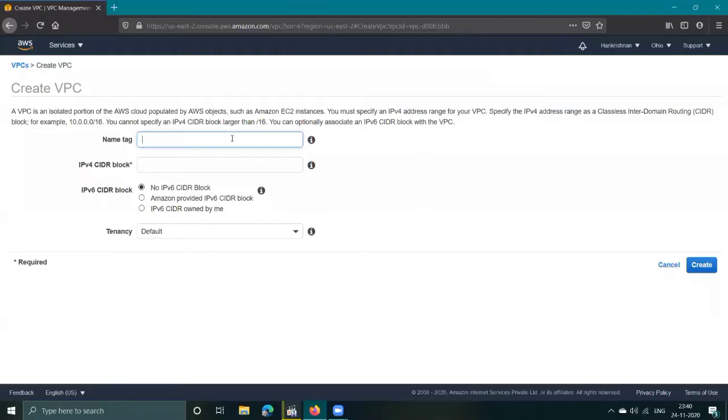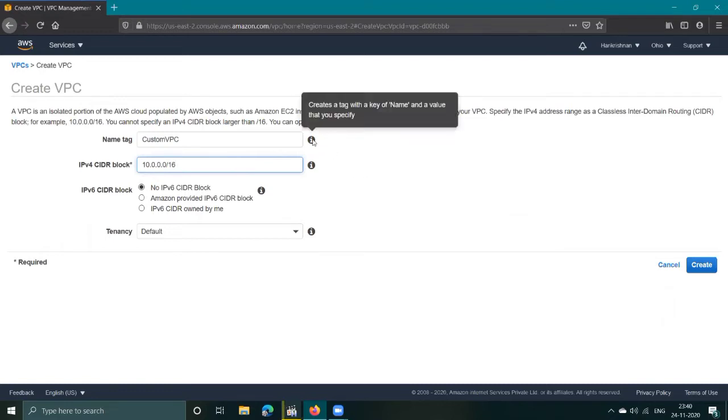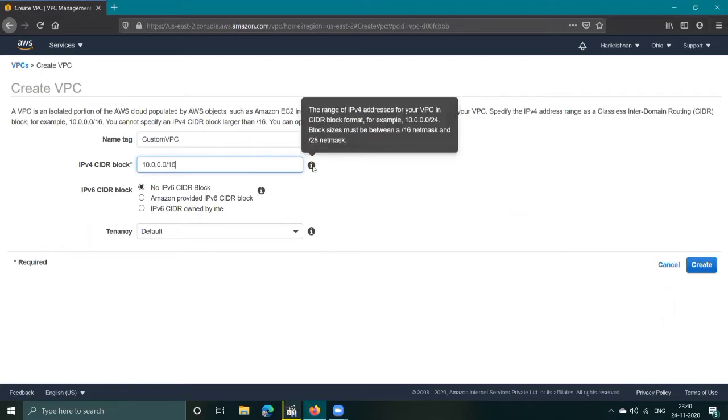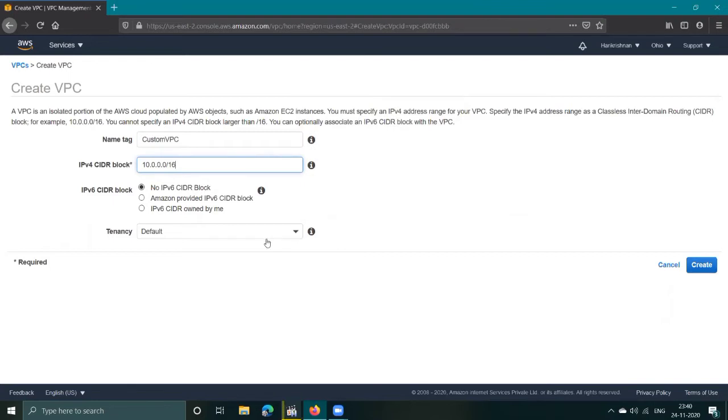Go to the name tag and write it as custom VPC. In IPv4 CIDR block, enter 10.0.0.0/16. This icon gives you the information about the tags. Select no IPv6 CIDR block.